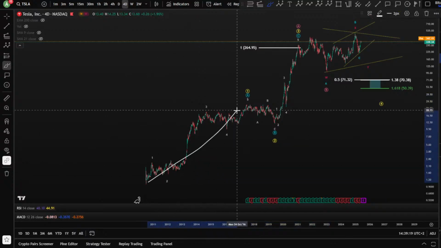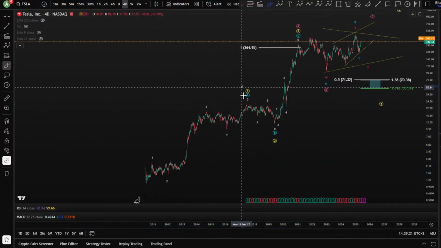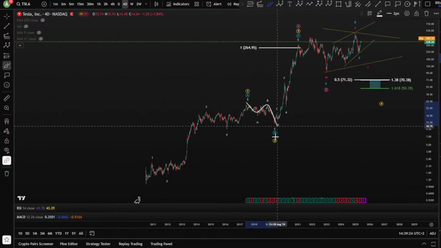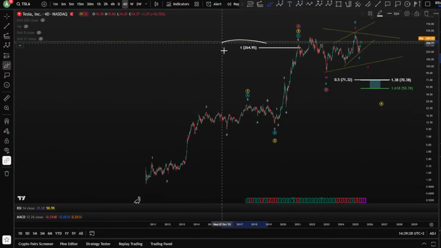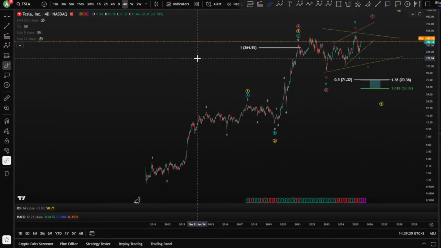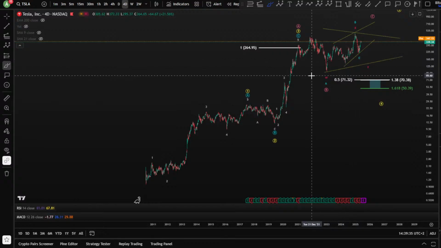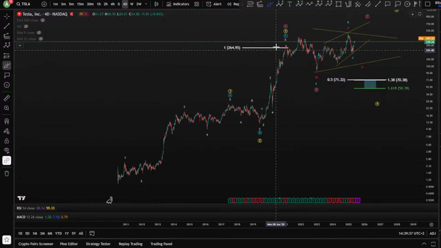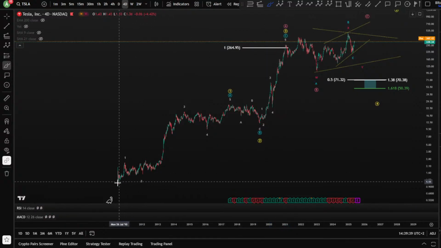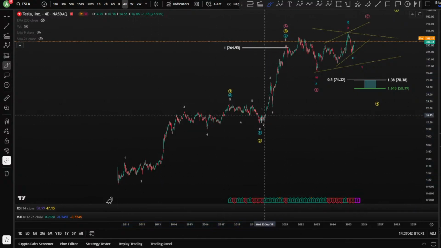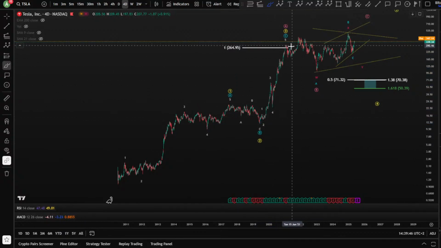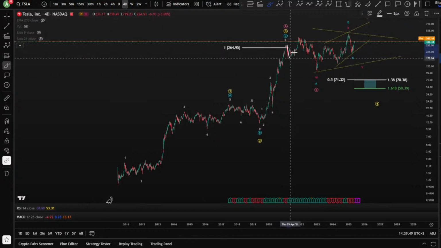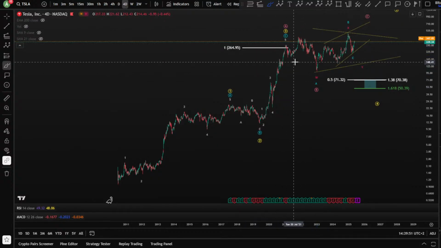Meaning, if you are in here 1, 2, 3, 4, and a 5, you have a wave 1, wave 2 given, and you got 1, 2, 3, 4, 5. So wave 3 has hit only the 1-to-1 fib level, which is a very low possibility to be a wave 3. The higher possibility is to be, of course, in a wave C, which is A, B, and a C. 1, 2, 3, 4, and a 5. After this, we got, of course, an A, B, and a C expanding flat.